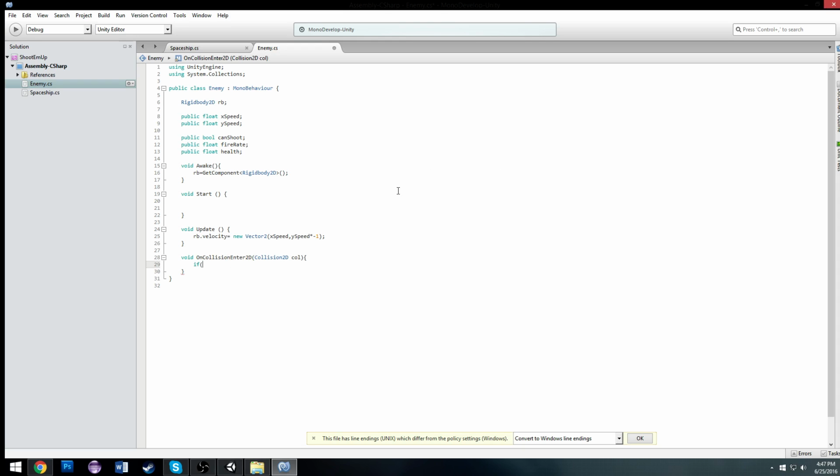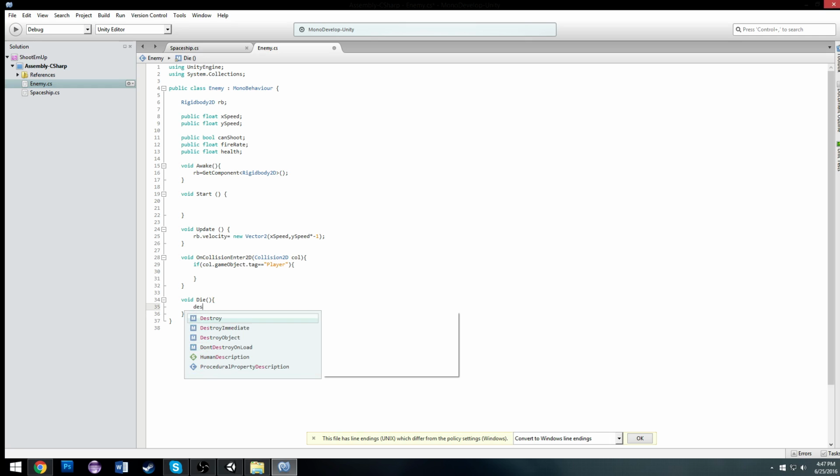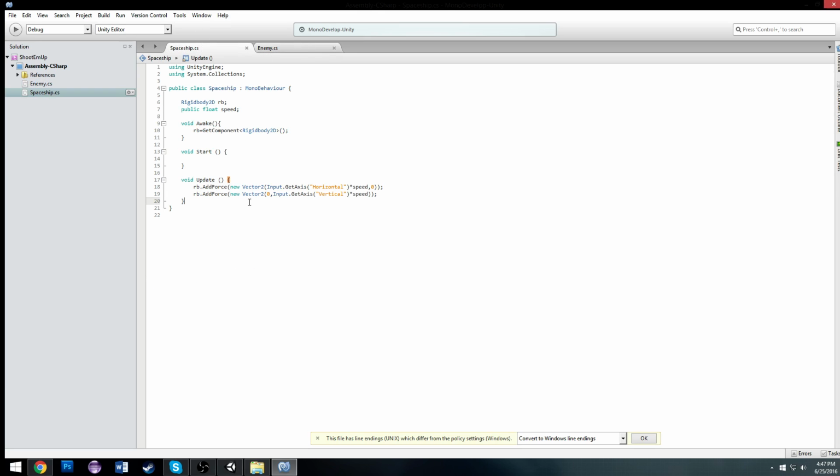Why not? So if it collides into a player, so if our col.gameObject.tag is equal to player, then we're going to do two things. One, we're going to kill ourselves. We're going to explode. So we're going to put in a void Die, which will kill ourselves, maybe spawn in a particle effect. And we're also going to damage the player, so we need to call the player's damage function, which doesn't exist